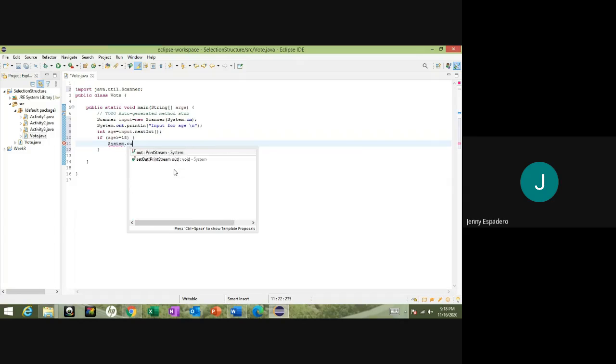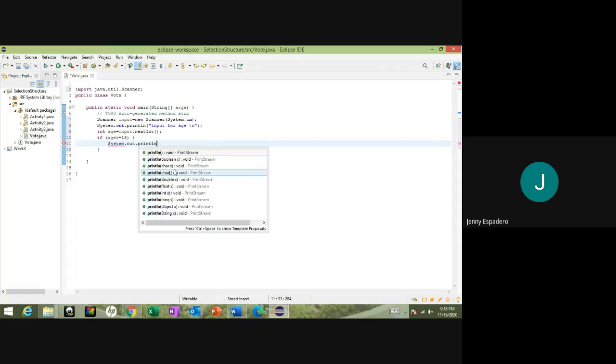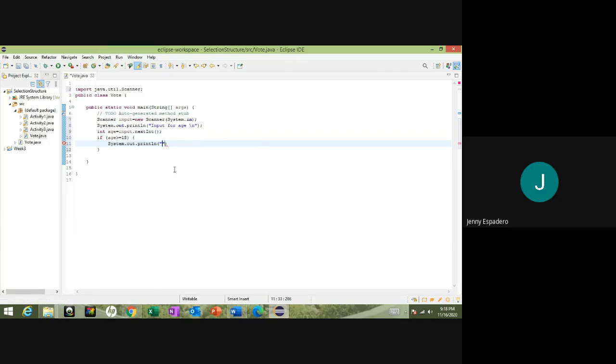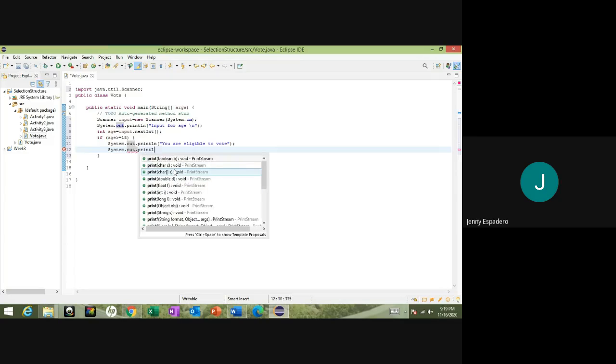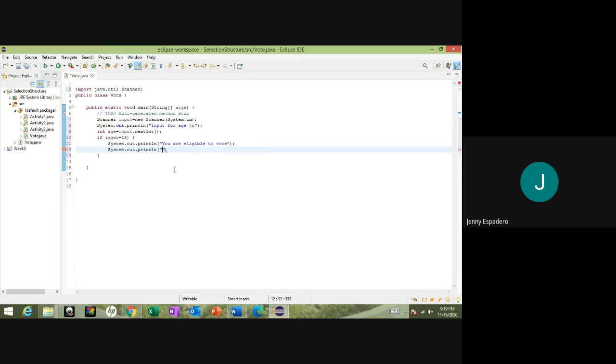So System.out.println, "You are eligible to vote." Then out println, "You are no longer a minor." Okay, so this is our if part.